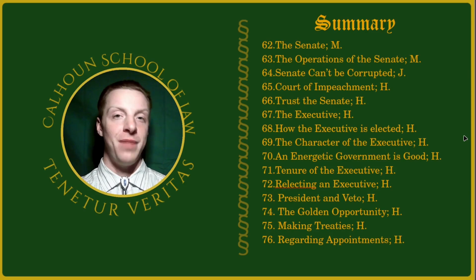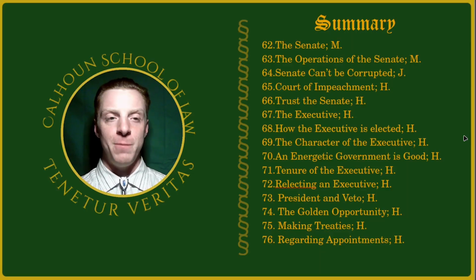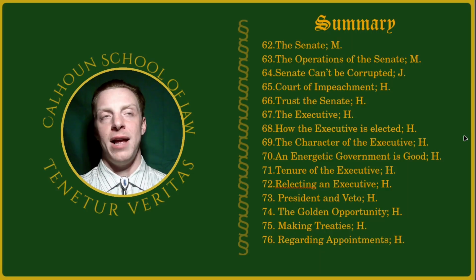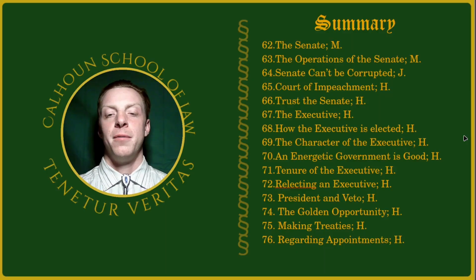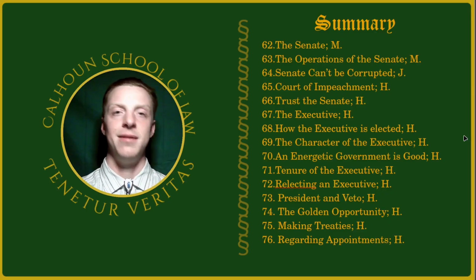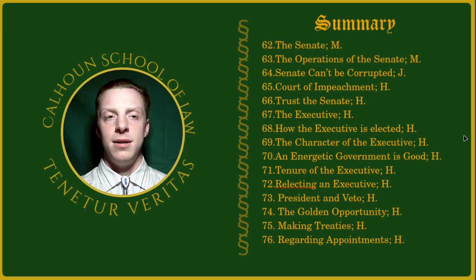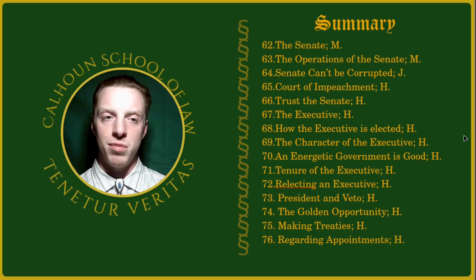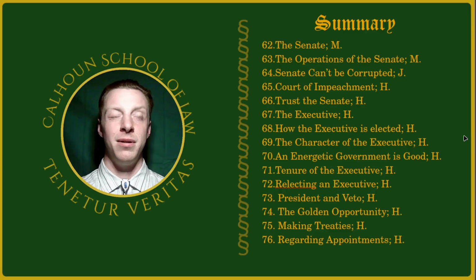71, tenure of the executive. Hamilton provides exactly why it's so important that the executive serve the terms that he does in the way that he does. Hamilton, if I remember correctly, made the argument that if it's shorter than 4 years, and he brings up multiple examples, like the governors of the different states, then obviously the executive won't have enough time to implement his plan. If it's longer than that, then he gets closer to being a king. But if you do it every 3 to 4 years, then of course that provides him the length to enact his plan, and thus the amount of time requisite for citizens to truly criticize the policies and implementations that the executive had in mind.